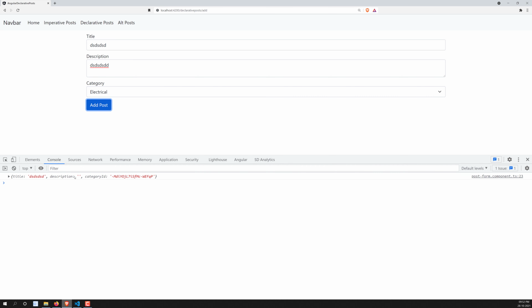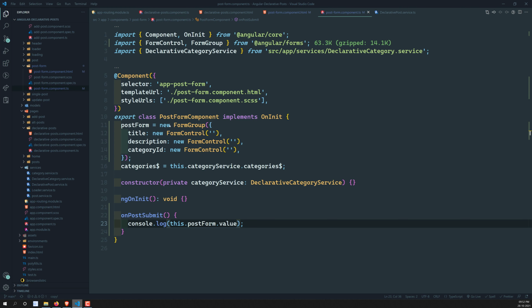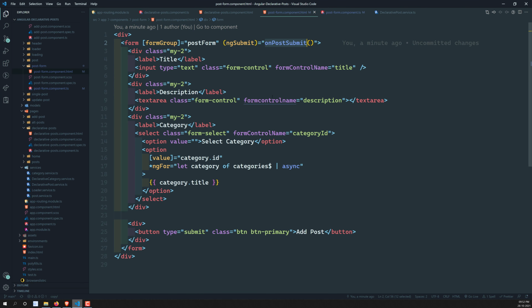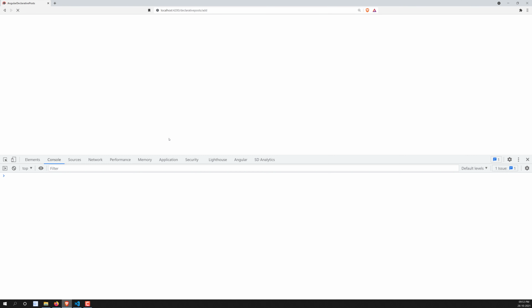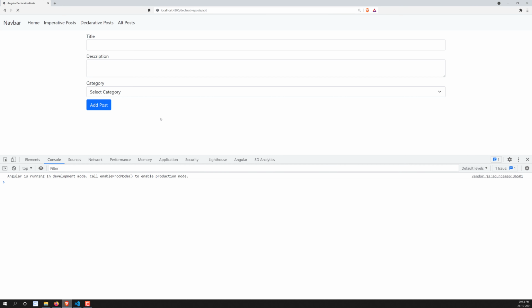Yeah, why are we not getting the description, right? So this is the problem we are having, description, and here also formControlName. Okay, the name is wrong, formControlName. So that is the reason I will be more dependent on the IntelliSense. So formControlName. Now we will be able to get the post form details. Now let's try it last time. Hopefully we will get it 100%. Yeah, we are able to get the details.